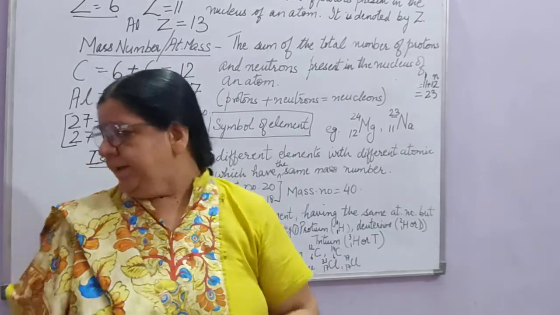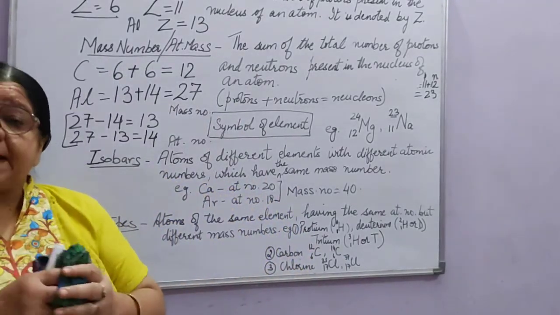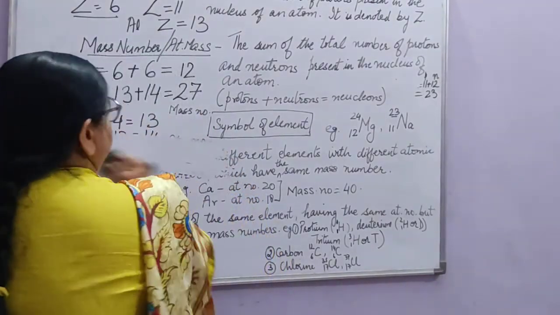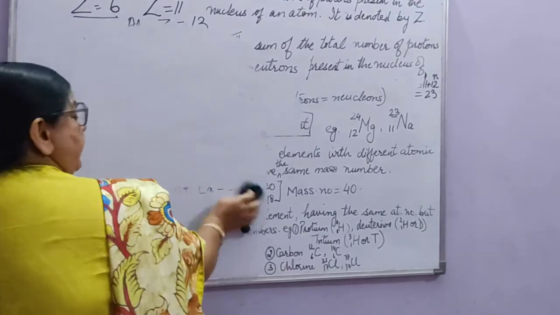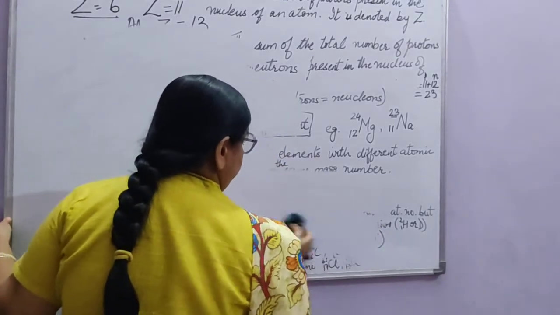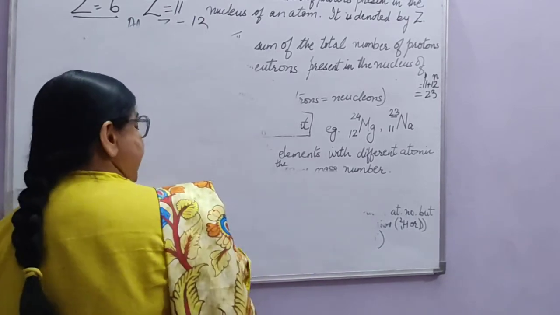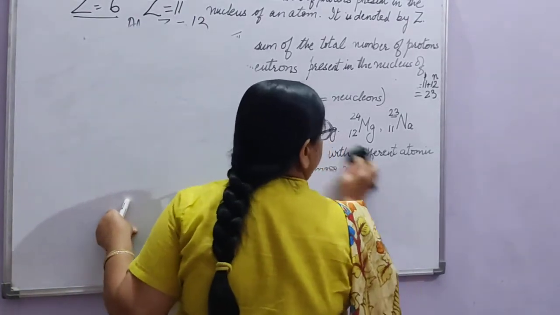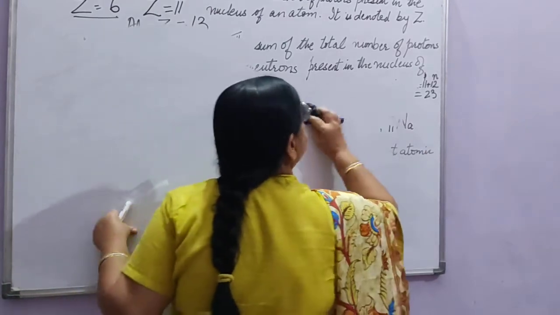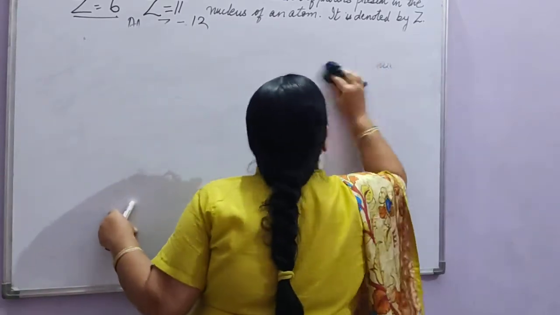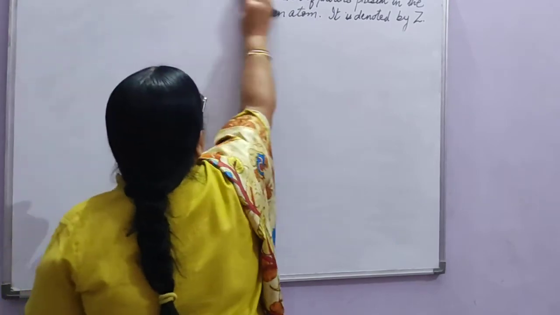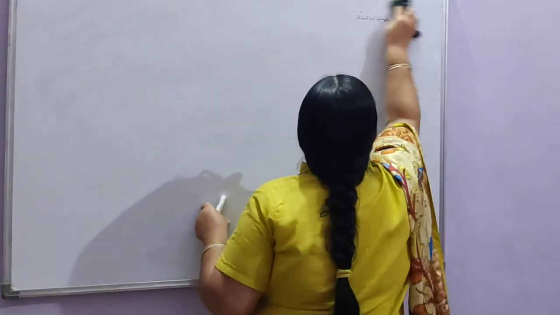Now here the main thing you have to see is that their chemical properties will always be the same. Chemical properties will not be different in the case of isotopes, right? Because they have the same atomic number. And the chemical properties of any element depend on the atomic number. What is the atomic number of that element? So the chemical properties of isotopes will be the same, but the physical properties may be different. That can be changed, but not the chemical properties.